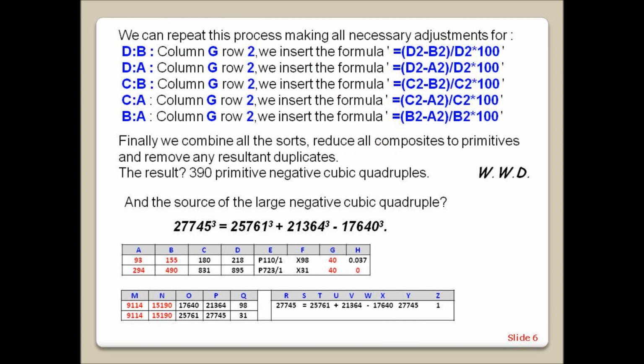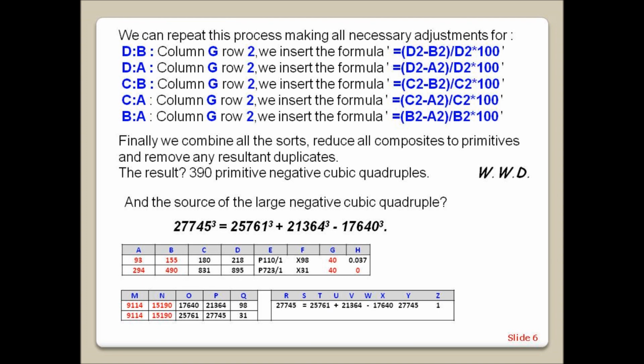We can repeat this process, making all necessary adjustments for columns DB, columns DA, columns CB, columns CA and columns BA. Finally, we combine all the sorts, reduce all composites to primitives and remove any resultant duplicates. The result? 390 primitive negative cubic quadruples, WWD. And the source of the large negative cubic quadruple,